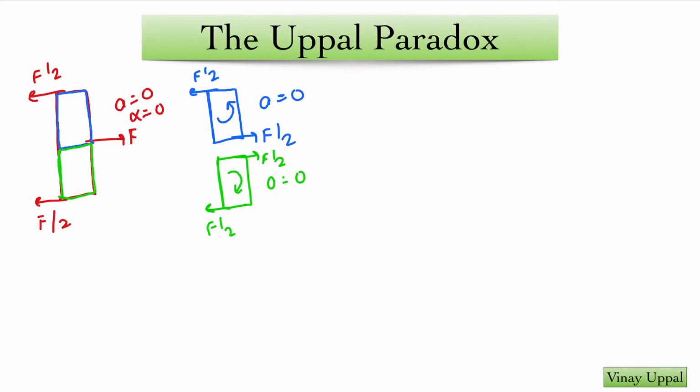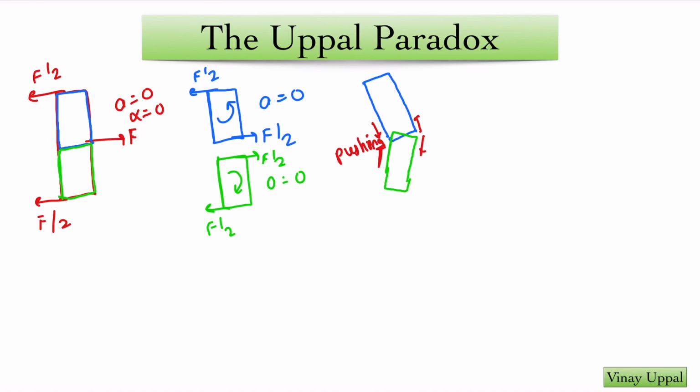That was the paradox. Now, let us look at the tendency of the blue and the green sections. The blue section will tend to rotate in the anti-clockwise direction. It won't actually do it, but that is the tendency. And the green section will rotate in the clockwise direction. So, can you see that if I were to slightly tilt the two sections, there will be a tendency for the left halves to compress each other? They're pushing into each other. Whereas for the right halves, it will be as if they're trying to pull away from each other.